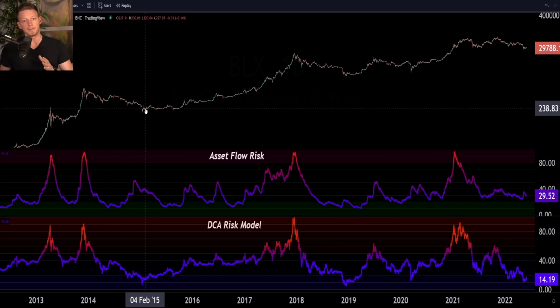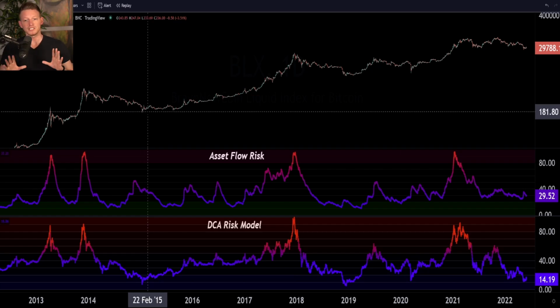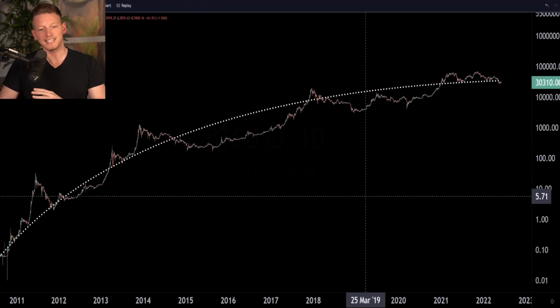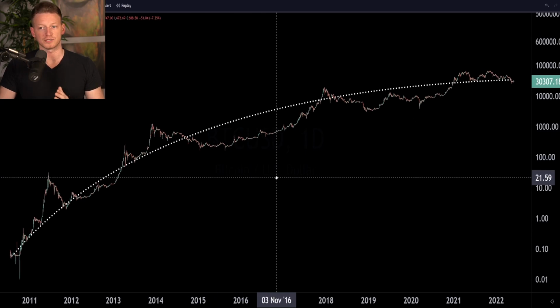Because during these bear market phases, first of all, we should talk about what happens in a bull market and what happens in a bear market. Okay, so to think about how the asset flow risk model works,